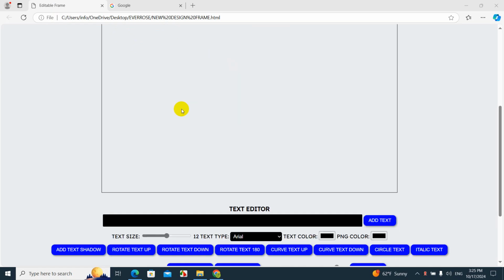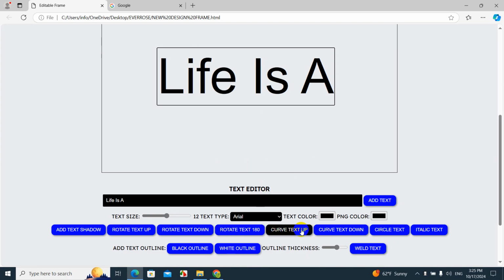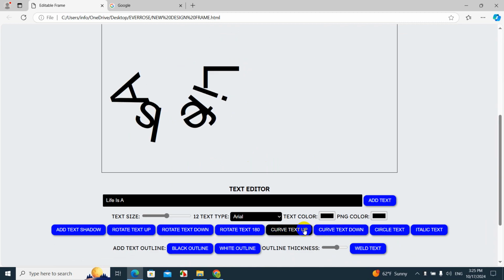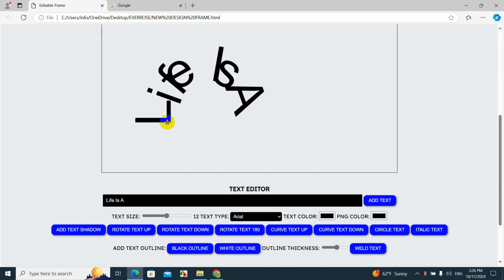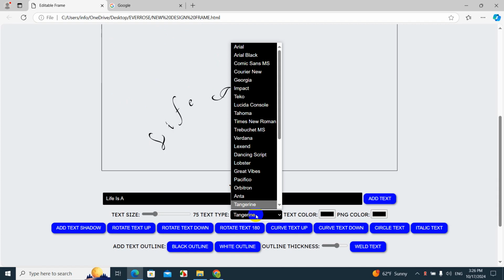Now, the first thing we're going to do is a curved shape text. So we're going to type in "life is a", and then we're going to add the text into the frame, and now we're going to curve this text up. So we're going to rotate this and make it smaller, and we're going to choose a font that's going to be perfect for